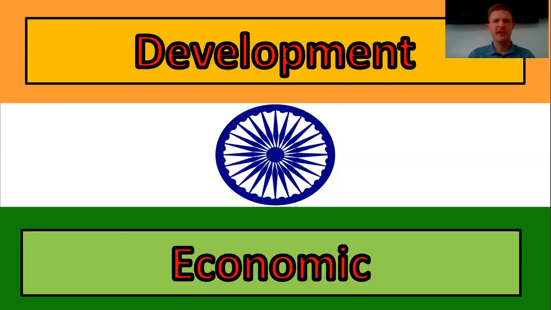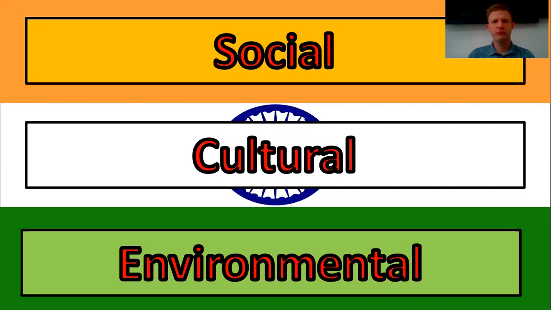Economic. Economic is the wealth and finance and money side of a country. So anything to do with money, that is economic. Next, social. That is to do with society and people. So anything to do with society and mainly people, that is social. For example, social media, Facebook, Instagram, TikTok, whatever it may be. These are all social media platforms where there are people on them. So social means people.